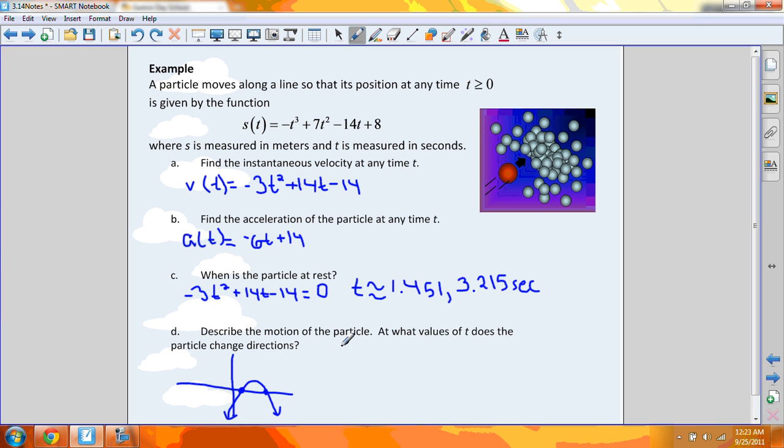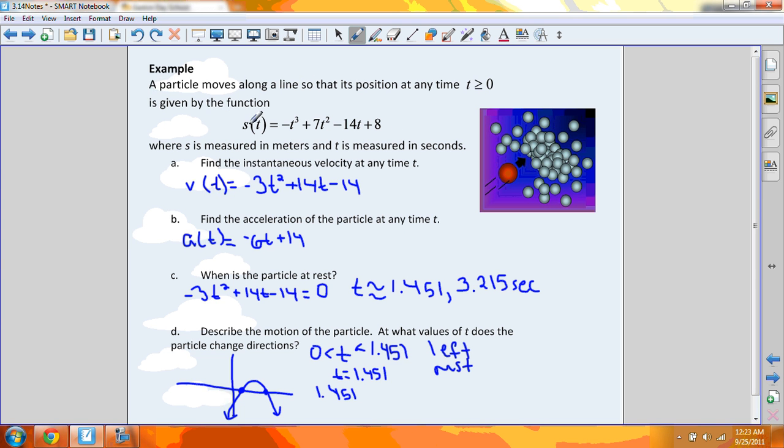Okay, so when t is between 0 and 1.451 seconds, then the particle is moving to the left because the velocity is negative. At t equals 1.451, then it is at rest. And then between 1.451,